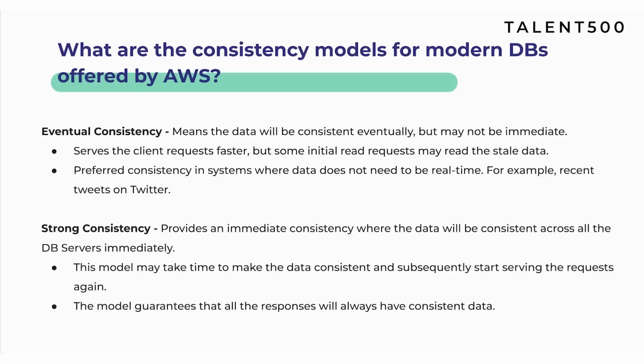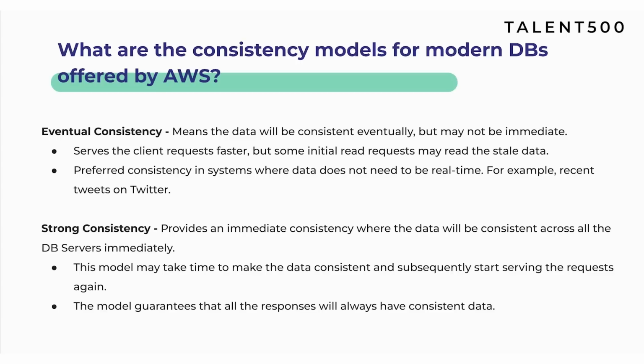So you need to answer the question this way. First of all, briefly explain consistency and then the types of consistency. The first is eventual consistency. Let's understand this with an example. In a Twitter or Facebook feed, you don't need the new tweets or new posts as soon as they get uploaded on the internet. It's fine, you don't need them in real time. Similarly, in eventual consistency, the data will be consistent in some time, but it may not be immediate. It may take some time, but it will be consistent eventually.